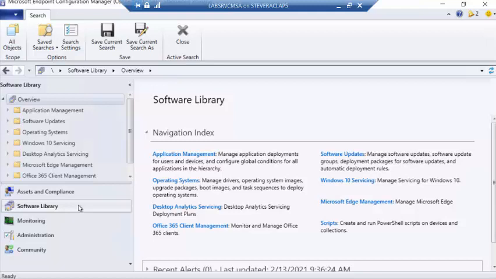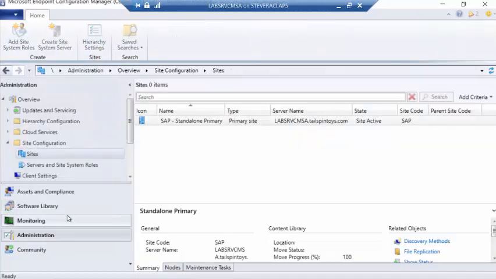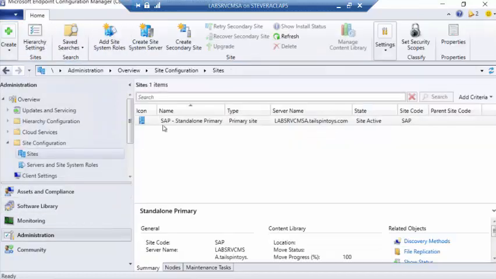Which one do I want to do first? Sometimes I don't like the way our documentation is organized. So if you go look at this in our documentation, it will take you directly to the automated deployment rules. Before we get there, though, you definitely need to have the appropriate configurations for the synchronization of these definition